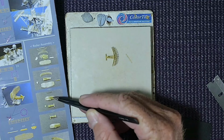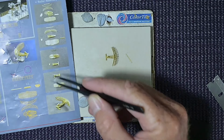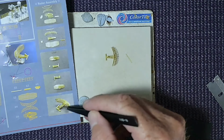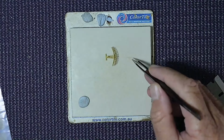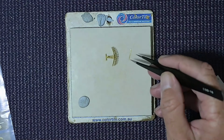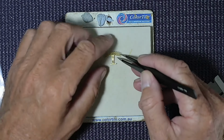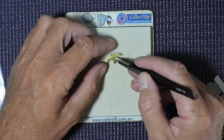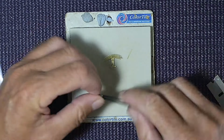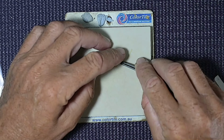Then we look at that, right, and then we're going down, and I don't see it on here at all. I don't see it on the finished piece. I can't find where that piece goes. So yeah, I'm just going to put that into the little box of unknowns, because as far as I'm concerned, it all looks fine. It looks good. I'm happy with the way it looks now, and that is done. Just make sure that's sitting flat as I want. Yep,